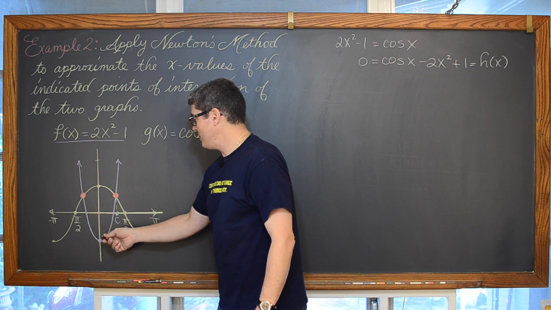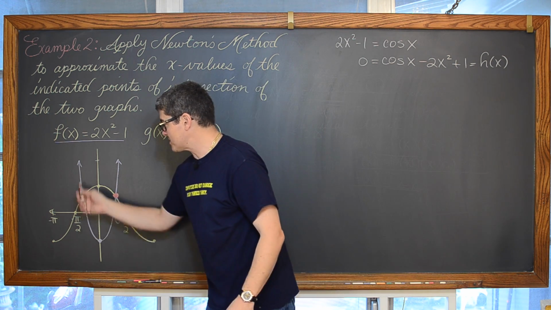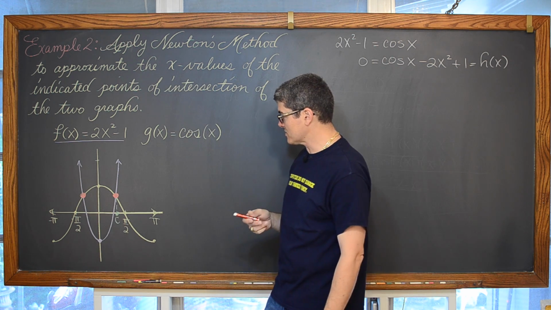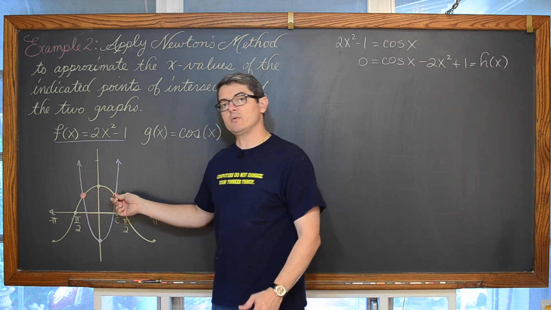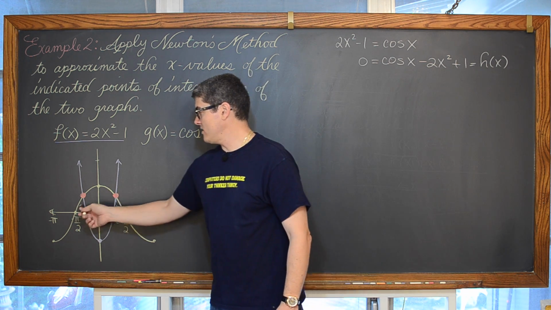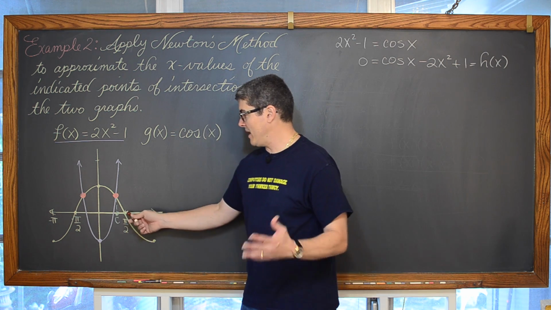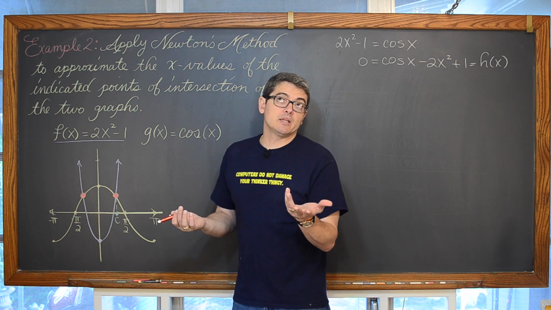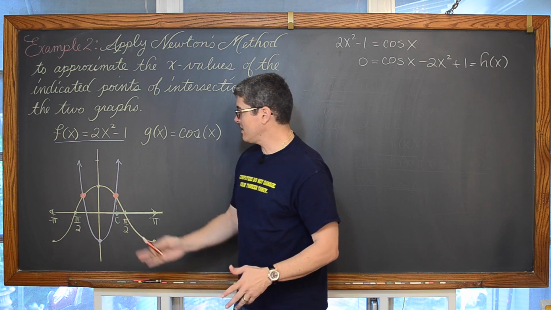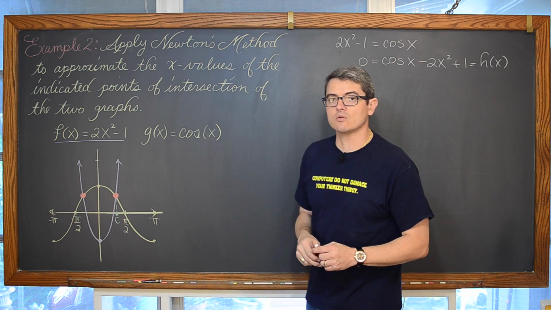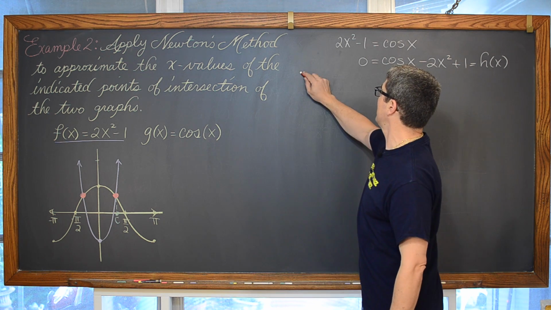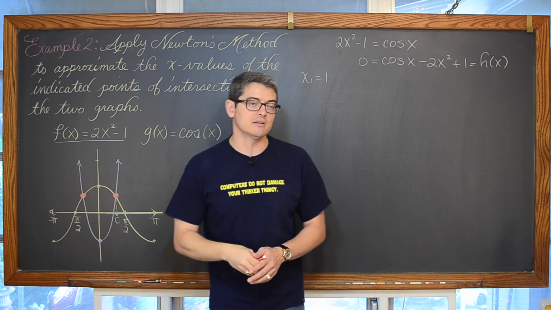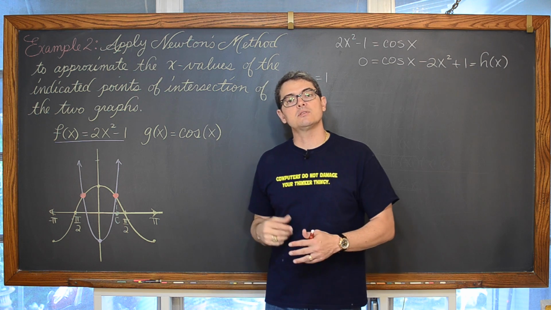A basic parabola, maybe you need to test a couple of points to come up with this sketch. But certainly we should understand what the standard graph of cosine of x looks like, and come up with the idea that these graphs are going to intersect somewhere between negative pi over 2 and positive pi over 2. Pi over 2 is 3.14 divided by 2, which is approximately 1.57. So I think a reasonable guess as to where these functions are crossing is an x value of 1. So we're going to let x sub 1 equal 1, and now let's work through a couple of iterations of Newton's method. It'd be a good idea to pause the video and try it on your own and see if you get the same answers that I do.